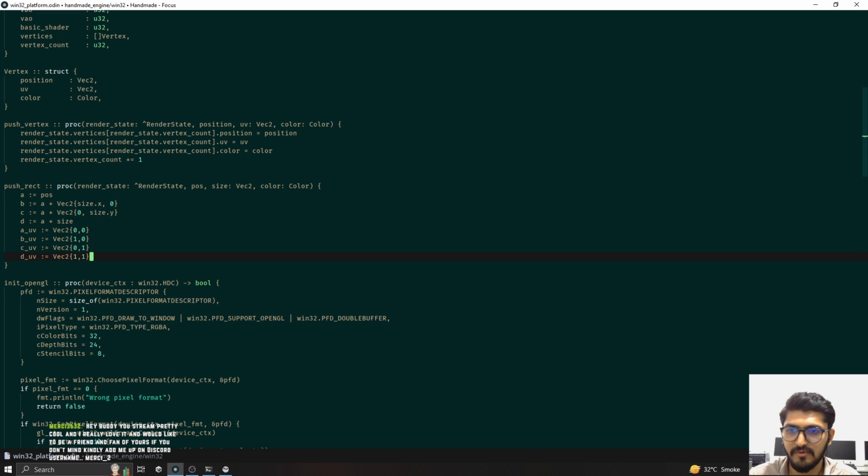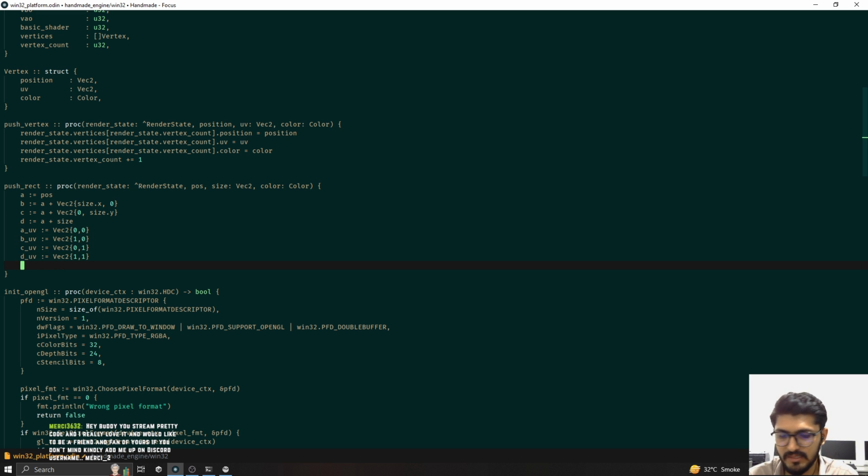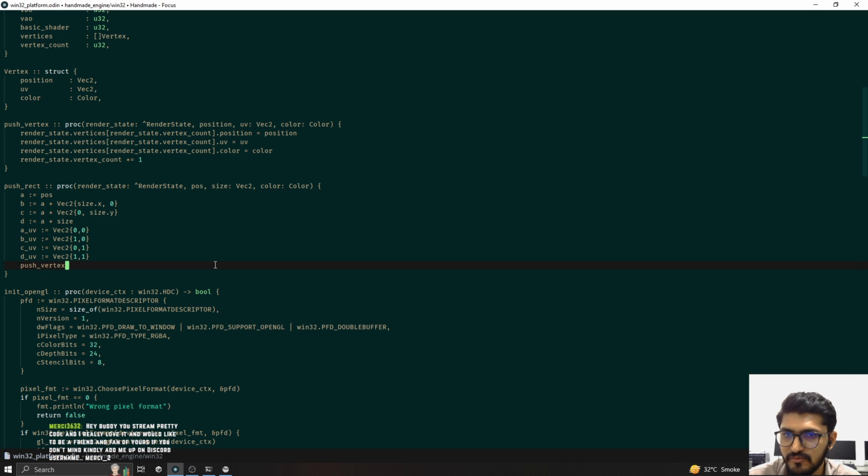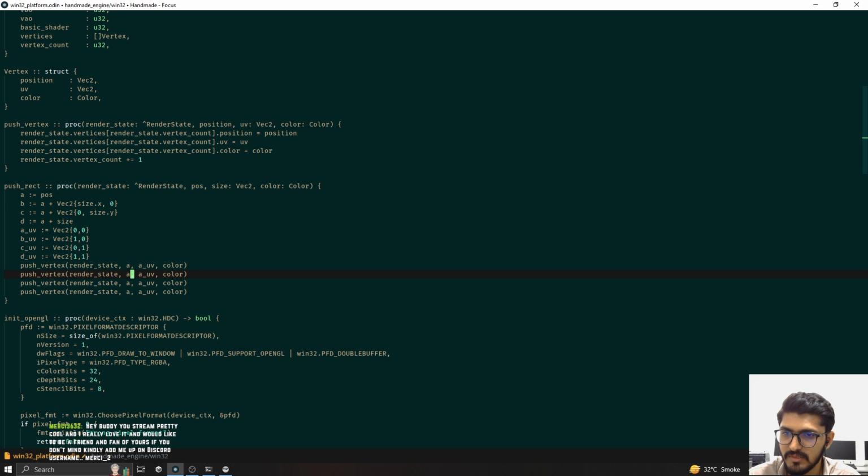And color would be the same for each vertex, because we want a rectangle to be all white or all black or all orange, right? We don't want this transition. And if you want the transition of the color or some form of gradient, we will be able to do it in future. So let's call our vertex function where it takes render state, and then it takes in position, which is A, it takes in UV, which is UV, and then it takes in color, which is what they have. And we'll call this two times, and the order,